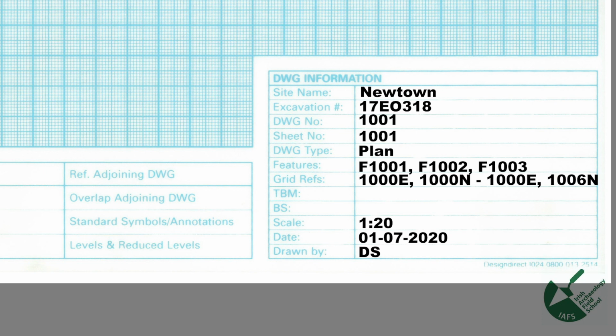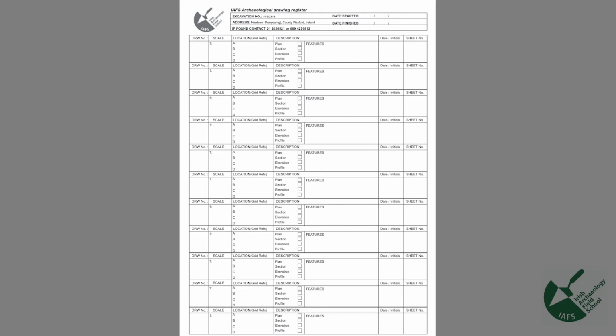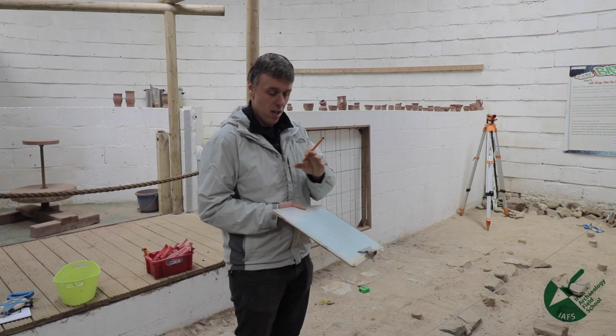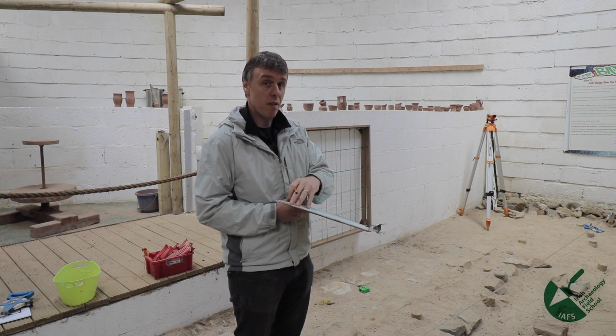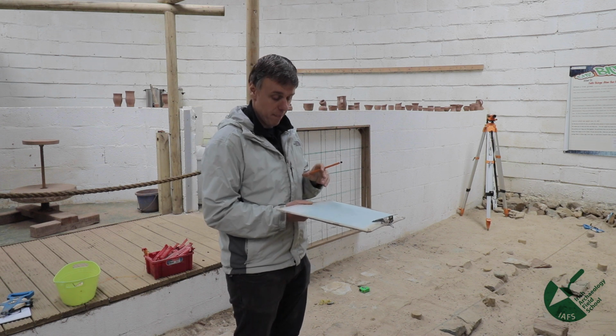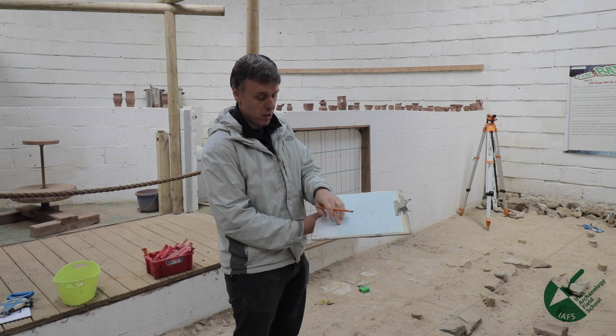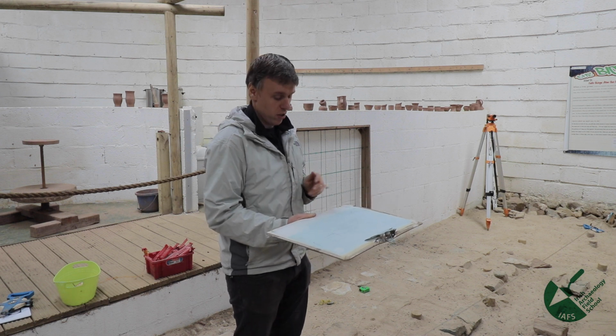Some of this information gets replicated. We'll pop this up on screen briefly so you can see it, in a drawing register. So every single different archive material type and every material type like ceramics and finds and drawings and photographs, all these different things have their own registers, so you know exactly what you should have, what's been generated by the excavation, okay? So some of this information gets replicated in the drawing register, all right?